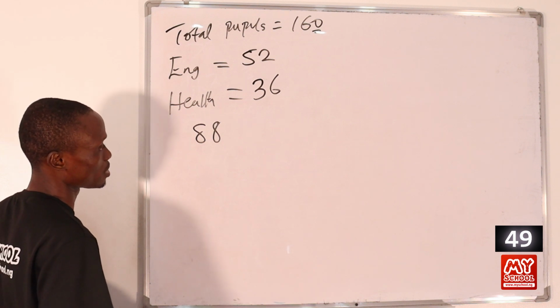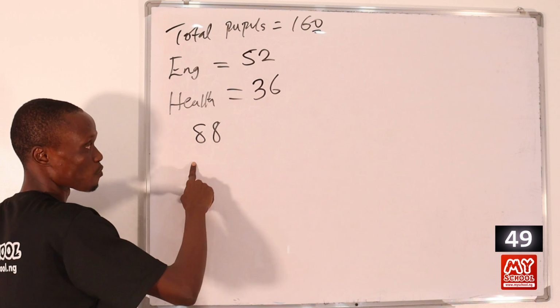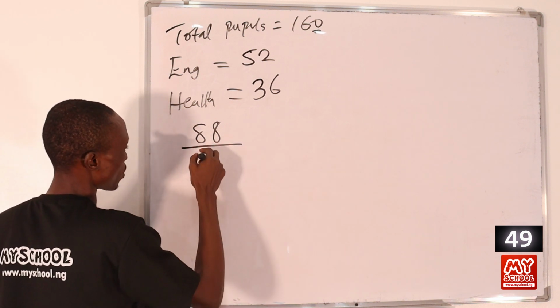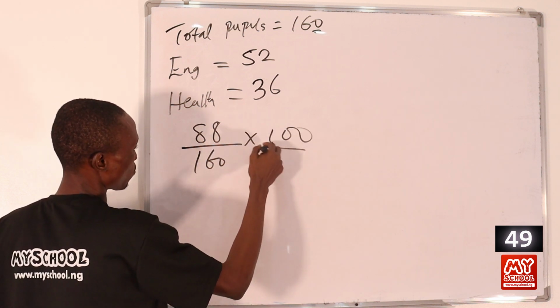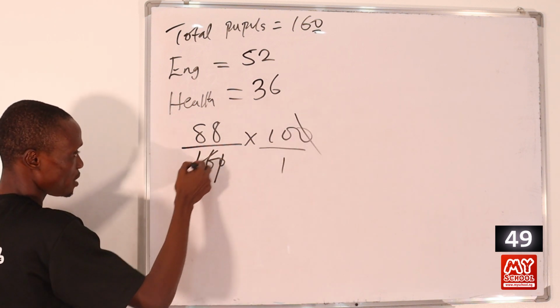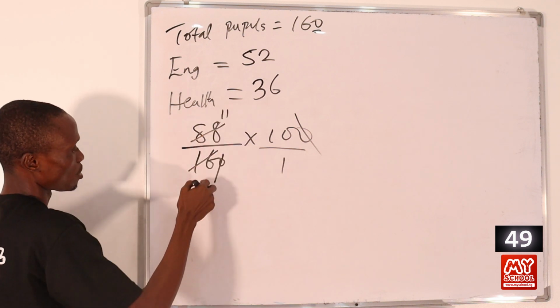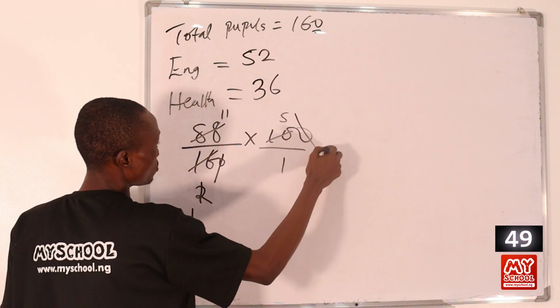So in this case, that will be equal to 88 over the total number of pupils times 100. So 88 over 160 times 100 over 1. We take out 0 from here. So the 8 here will be 2, and the 8 here will be 11. The 2 here is 1, and the 2 here will be 5. So at the end of the day, we have